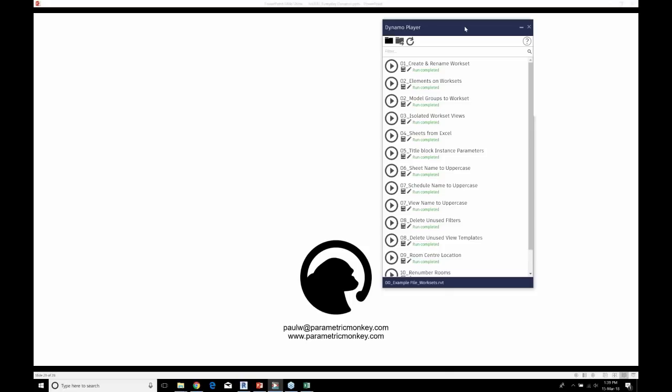I think Zach was saying that information is actually stored in Dynamo, not in Revit. So if you close down Dynamo and reopen it, that history is in the script. And if you rerun it with different geometry, it's going to modify those adaptive components. It's not going to recreate them. Now, if you were to run that same script on another model, that history, I believe, gets erased and gets assigned to the new model.